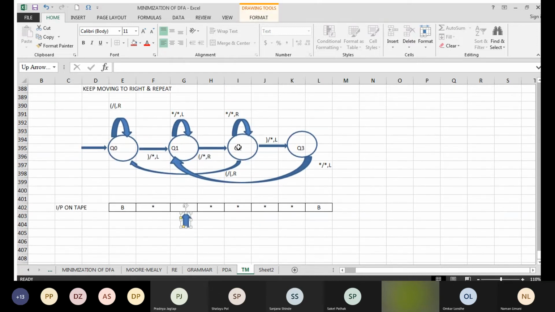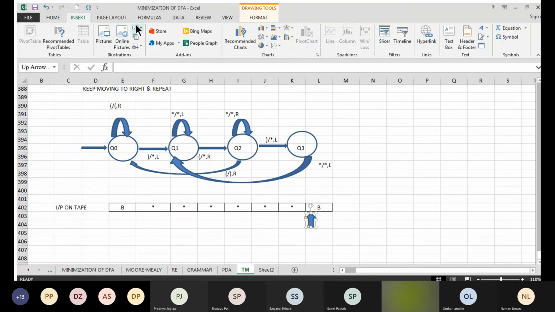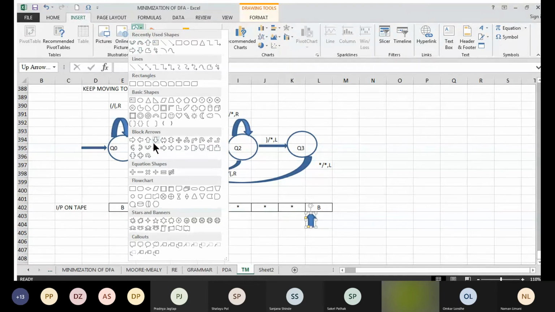You are in Q2. Right, all the stars are skipped. Keep moving to the right. In Q2 you are encountering this B. So here, as soon as you encounter B,